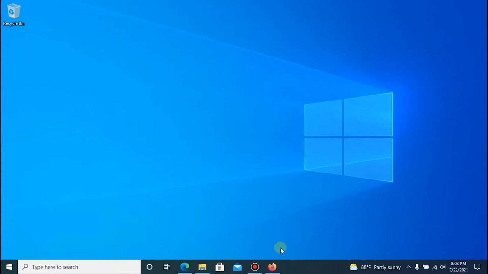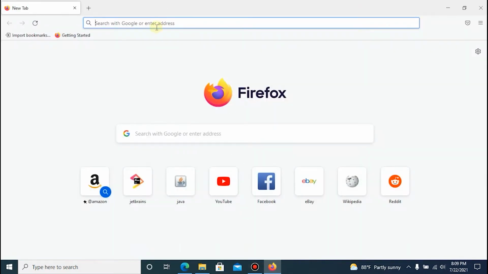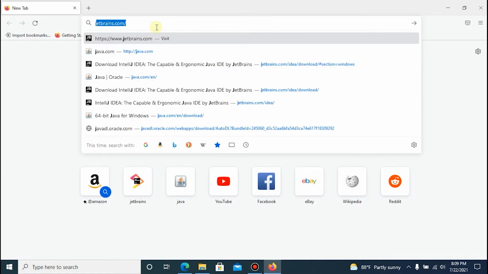Next step is installing an IDE. Here we use IntelliJ IDE. We install it from the JetBrains site.